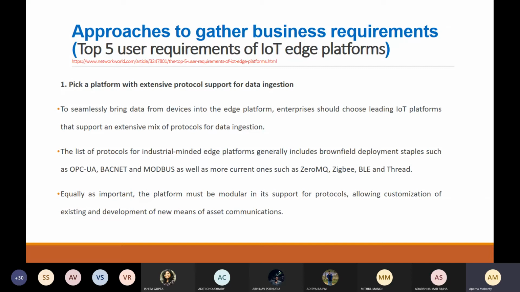So how do you go about collecting them? There are 5 steps for collecting the requirements. The first is to pick a platform with extensive protocol support for data ingestion. What it does is seamlessly bring data from devices into the edge platform. Suppose you will be using the edge platform for your IoT.